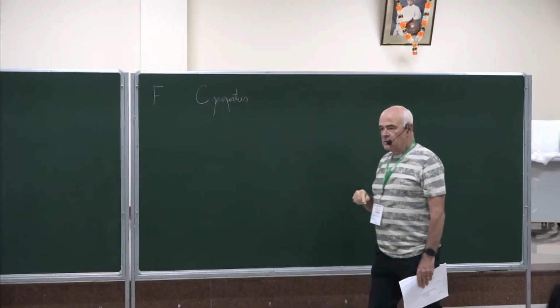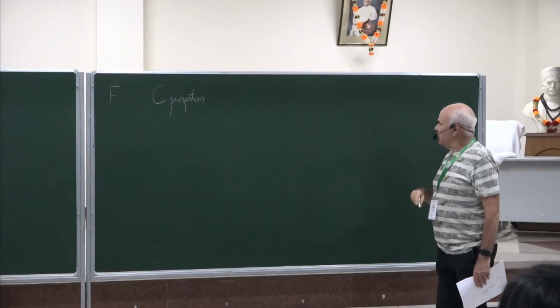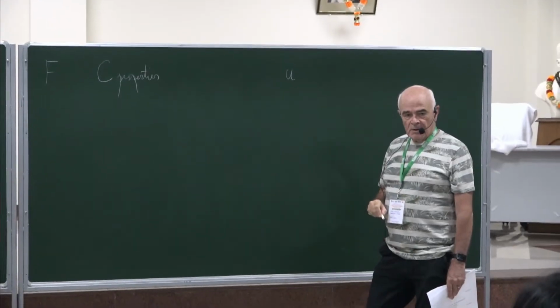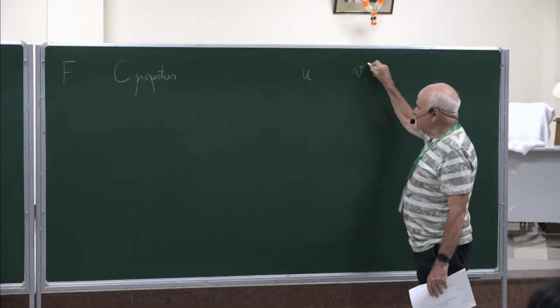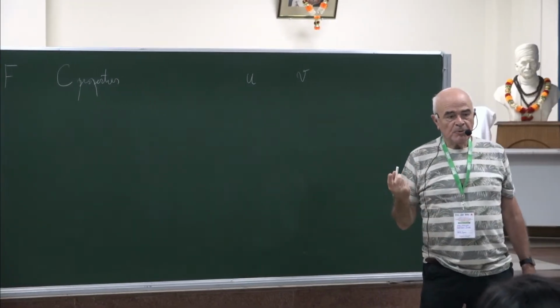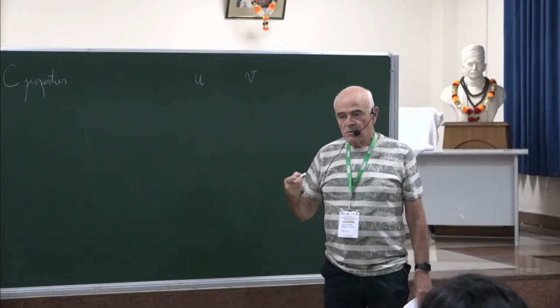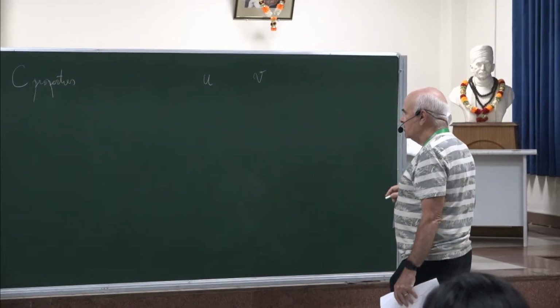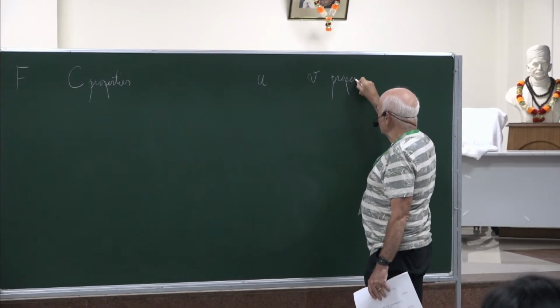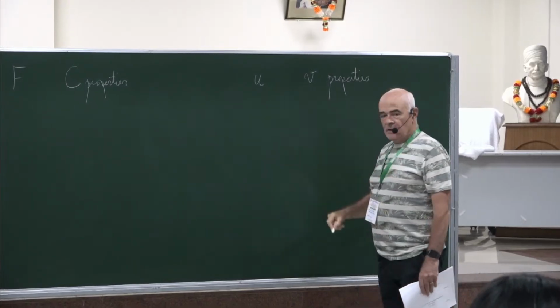Now, in consumer theory, we started with a utility function. We defined the indirect utility function and found its properties. It's quasi-convex, non-decreasing properties. But the analogy stops here,